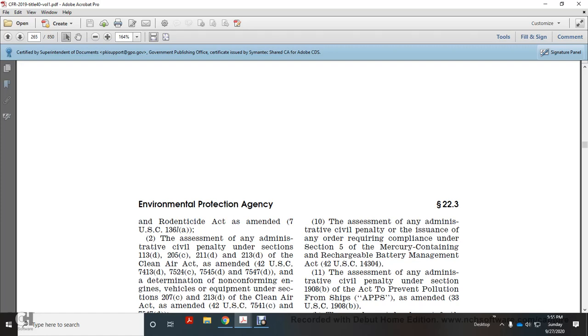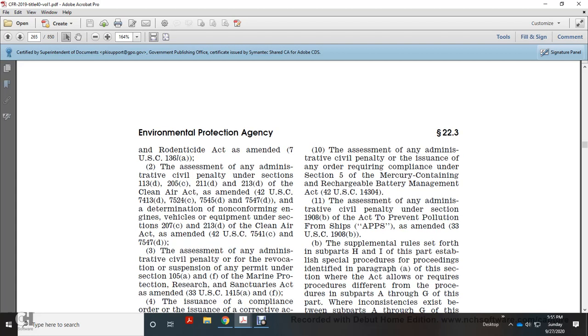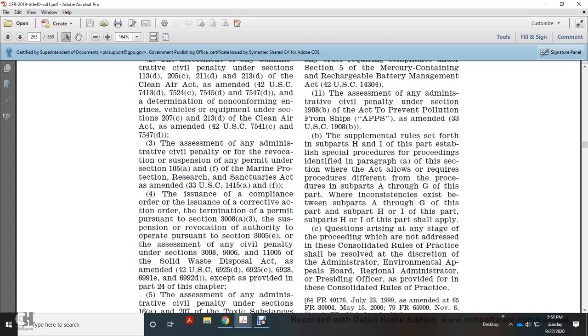Title 7 of the United States Code 1361(a). The assessment of any administrative civil penalty under Sections 113(d), 205(c), 211(d), 213(d) of the Clean Air Act, as amended, Title 42 U.S. Code 7413(d), 7524(c), 7545(d), 7547(d). The nonconformance of engines and vehicles or equipment under Sections 207(c) and 213(d) of the Clean Air Act, Title 42 U.S. Code 7541(c), 7547(d). The assessment of any administrative civil penalty with the revocation or suspension of any permit